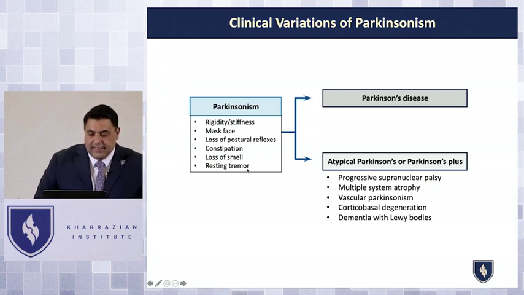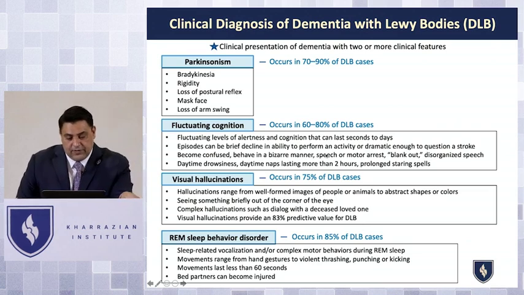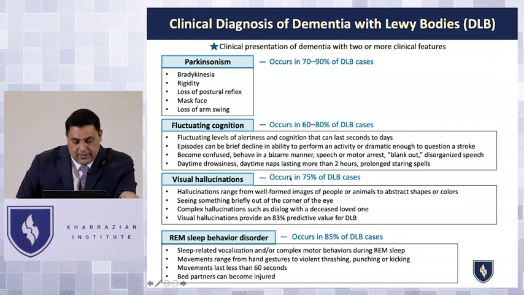postural reflexes. And sometimes patients come with early Parkinson's disease that develops into dementia. Other times they just come in with dementia first with Lewy bodies. So you want to go through and look at your examination findings. If they come in with dementia with Lewy bodies first, their first complaint is their cognitive decline, and they progress into motor disorders like Parkinson's, and if they have Parkinson's disease and it continues, then they can get into dementia. The key thing with dementia with Lewy bodies, if you remember, visual hallucinations is a major one,